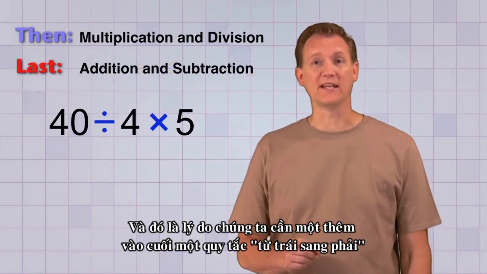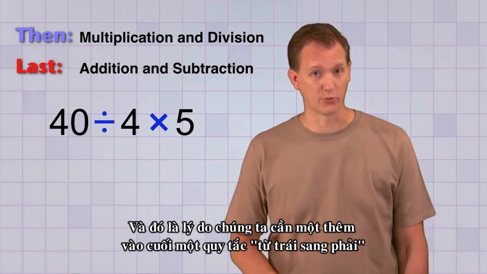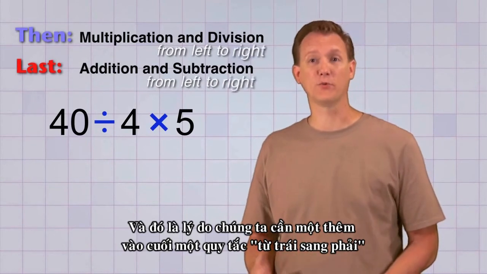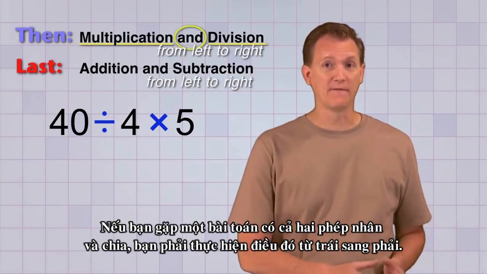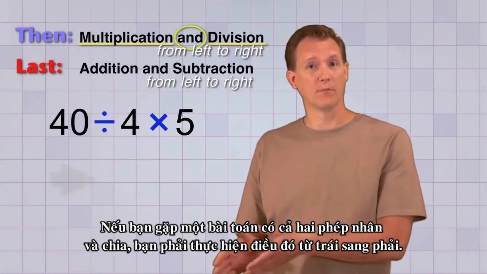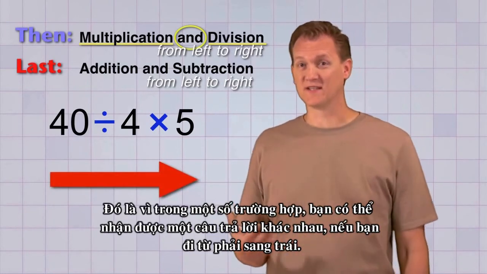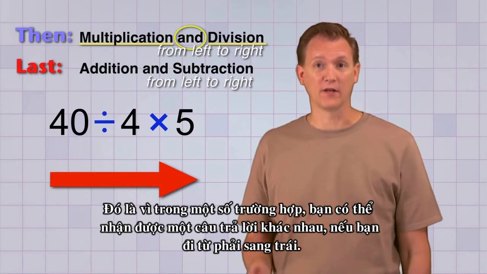And that's the reason we need an extra part at the end of each of these rules that says from left to right. If you have a problem that has both multiplication and division, then you're supposed to work it from left to right. That's because in some cases, you can get a different answer if you go from right